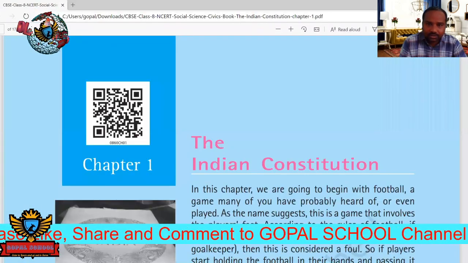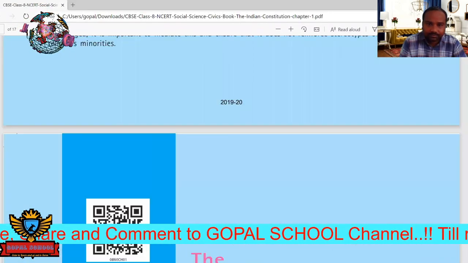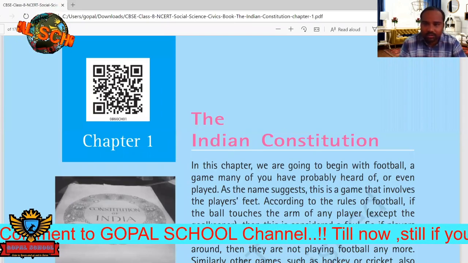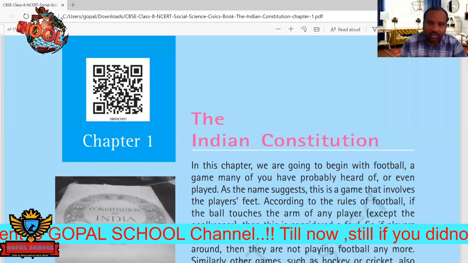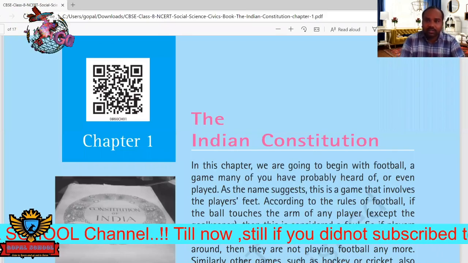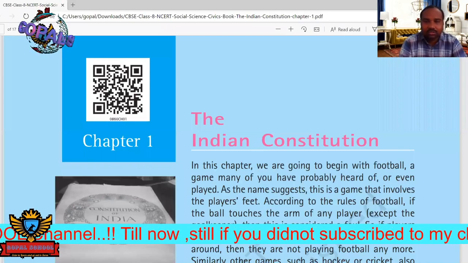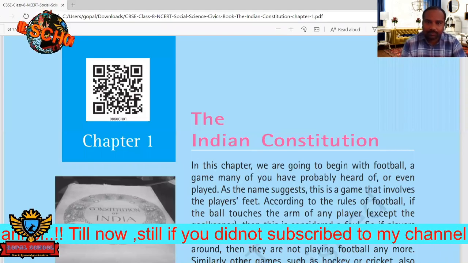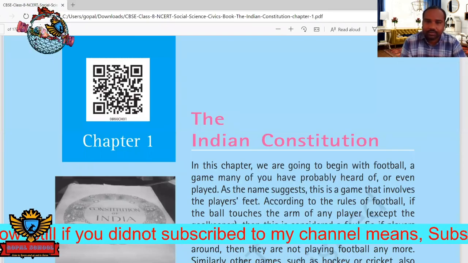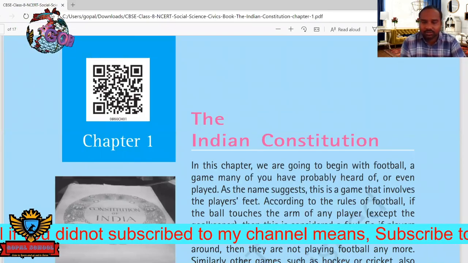Next, so see here, we have discussed this one. So this is the Constitution, the Indian Constitution. So actually why do we require the Constitution? What is the purpose of this Constitution? The Constitution is called the book of rules and regulations about how to govern the country. So everything was written in the Constitution.